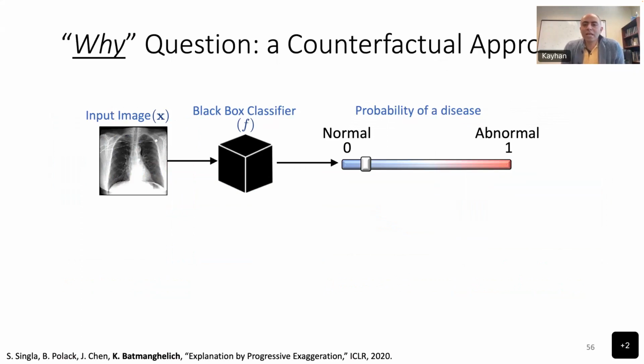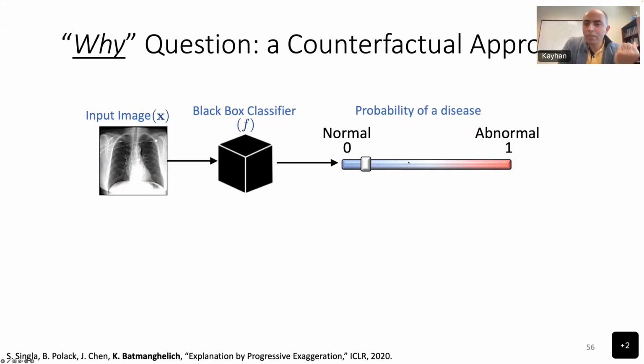In fact, he was more interested in the why question rather than the where question. That is, the where question is typically answered by Grad-CAM, but he was interested in the why question. So philosophically speaking, this is what contrastive or counterfactual explanation is. So we came up with this idea: let's say that we have a classifier, in this case F,